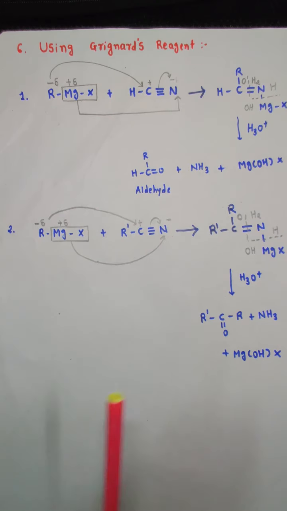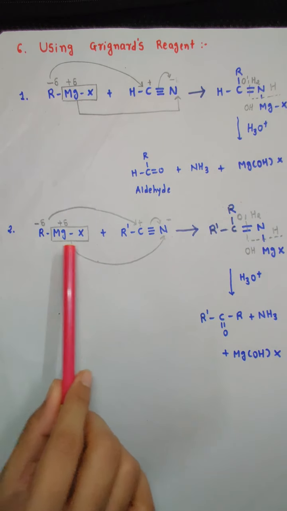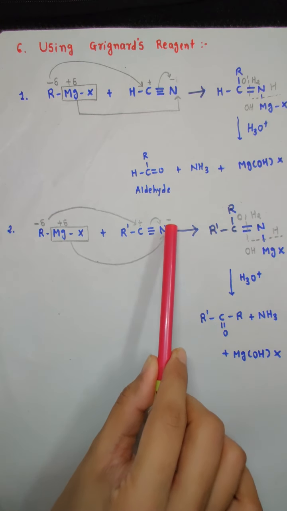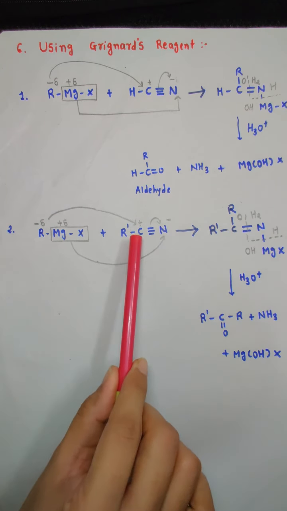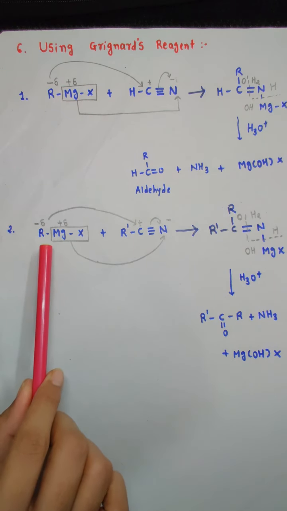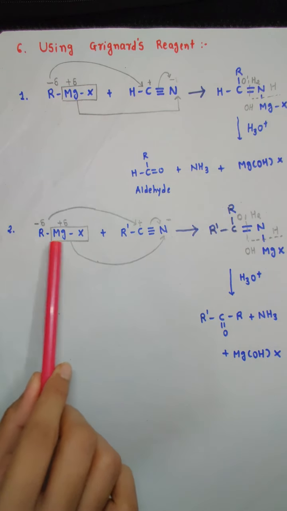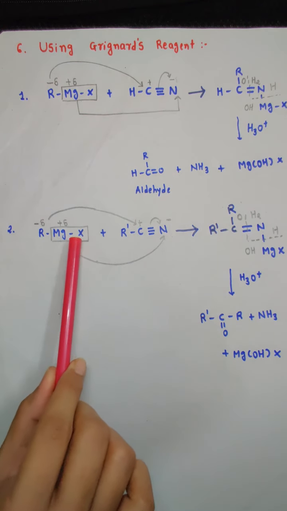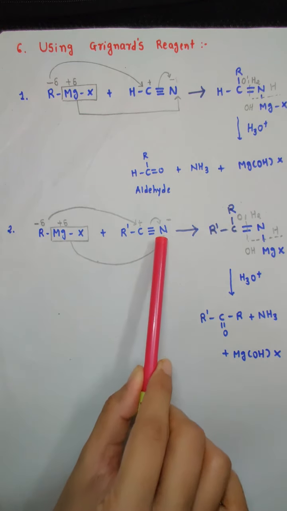Okay. Now, let us see the reaction between Grignard reagent and alkyl nitriles. Now, in case of alkyl nitriles, you already know nitrogen being more electronegative will attract the pi electron on itself and will gain partial negative charge, and the carbon will gain partial positive charge. In case of Grignard reagent, once again we already know that the MgX part is partially positive and the alkyl part is partially negative. So this negative part attaches itself to carbon and this MgX part attaches itself to nitrogen, and we wind up with this intermediate product.